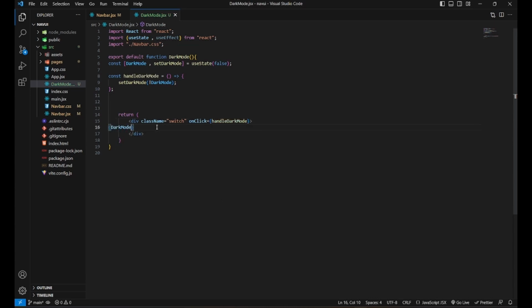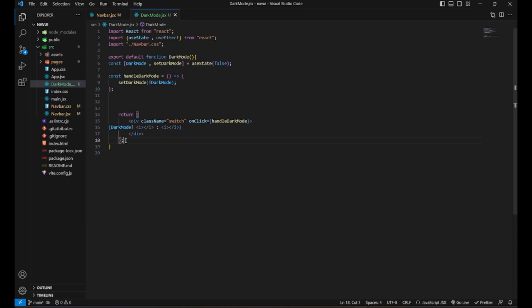So now we will add a darkMode ternary operator. So if the darkMode variable is true, it will implement the icons on the left side, and if it's not true, it will implement the icons on the right side of the colon.